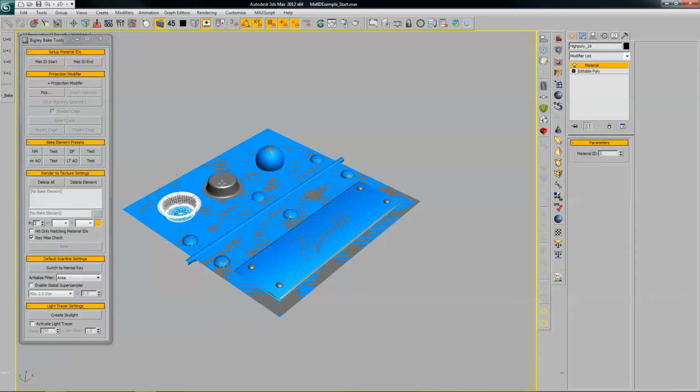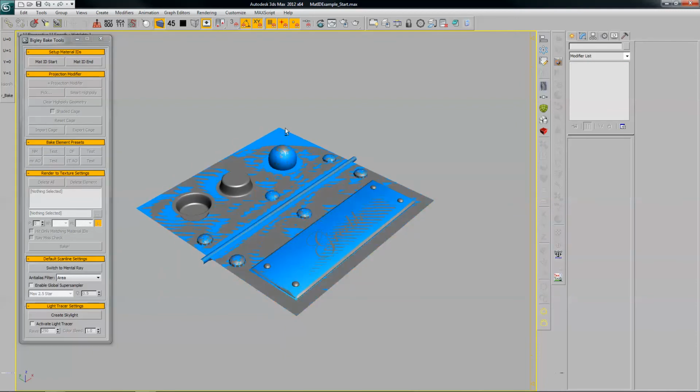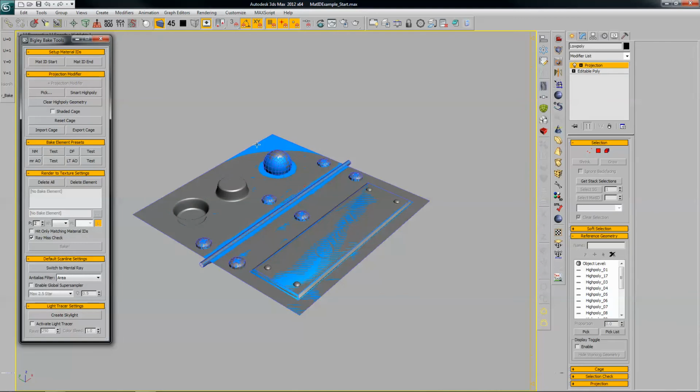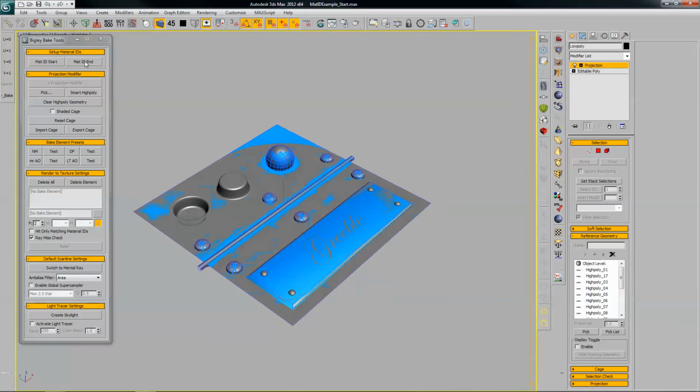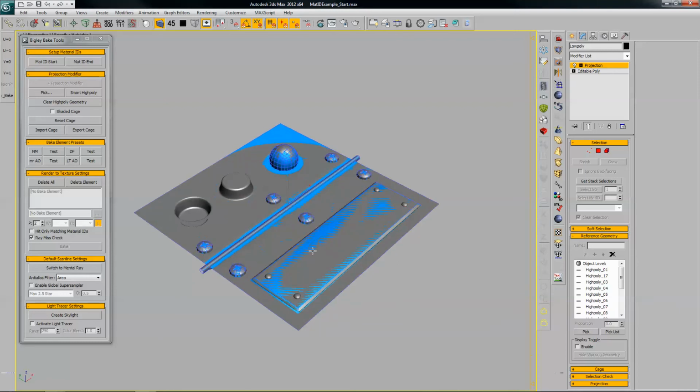So that quick, I now have my material IDs set up, and it's ready to start tweaking my cage for baking. I guess it would take a lot longer to have exploded that, even just something like this. So I'm now going to work on my cage. I'm going to push it out here just a little bit to get it started,